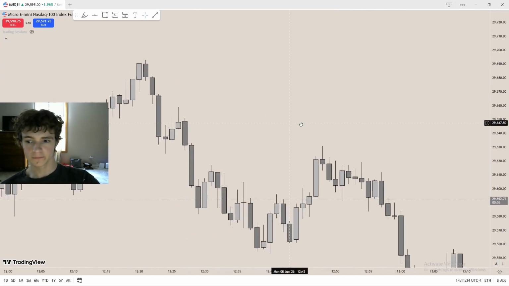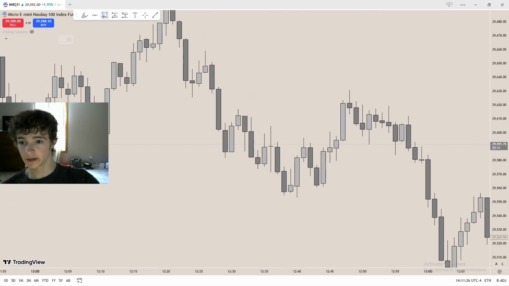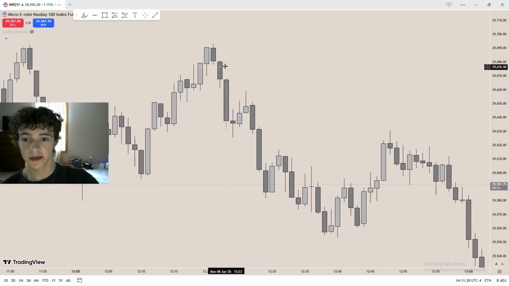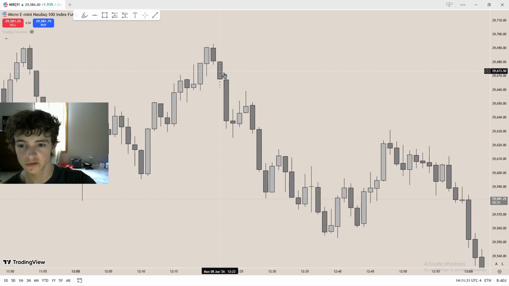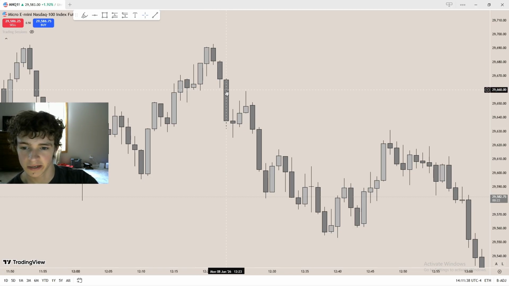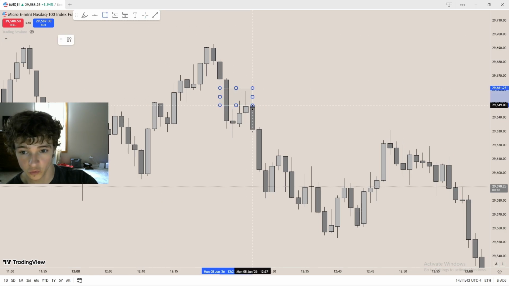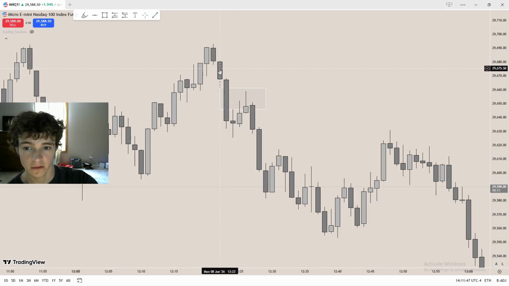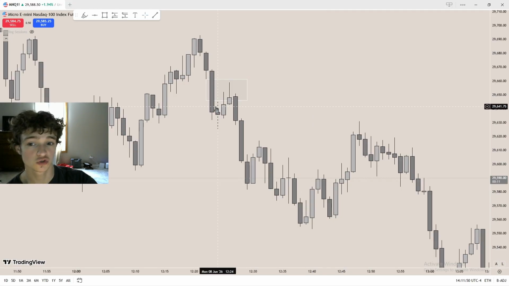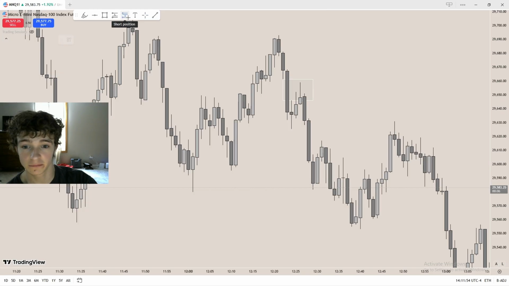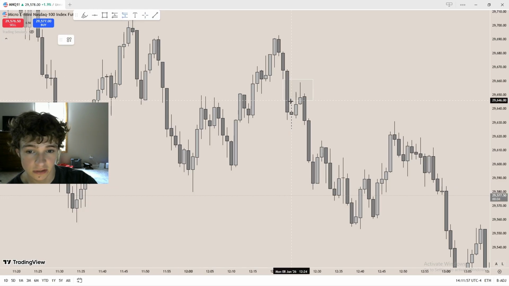Alright guys. Here's already an example right here. So we have two fair value gaps right here, but we're going to go for the bigger one, because bigger ones hold more power. We have first candle, second candle, third candle, and the gap is obviously in the second candle. So we have this gap right here. We see price trickle up into the fair value gap and dump down. It continues to trend, so you could have done a pretty decent short off of this.